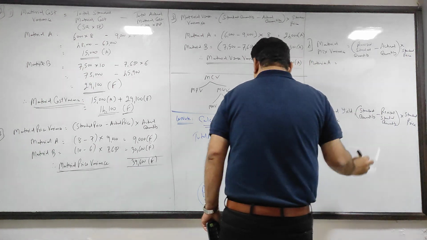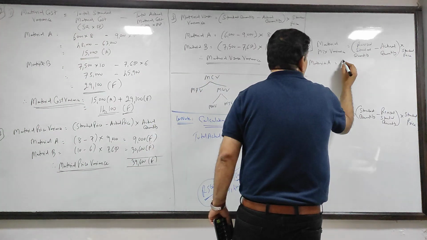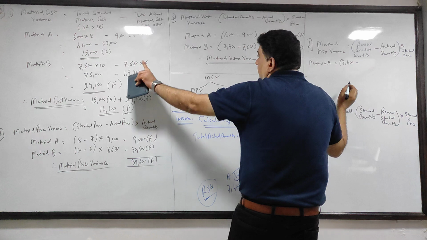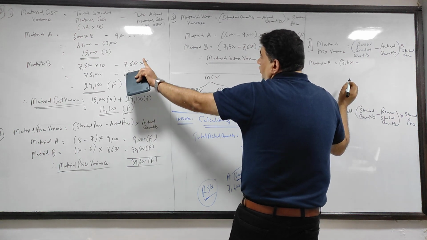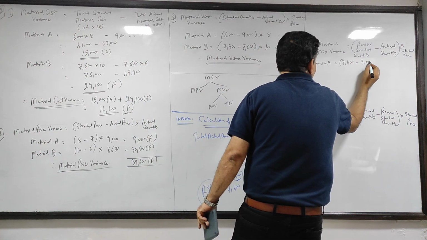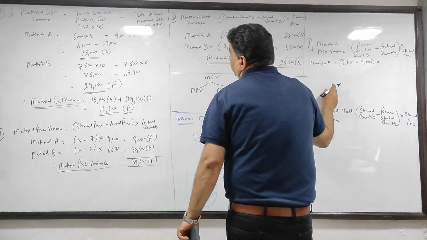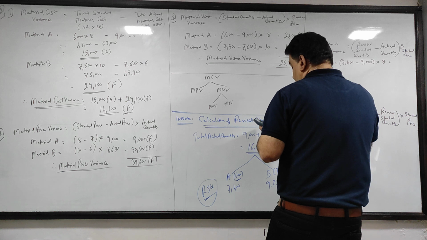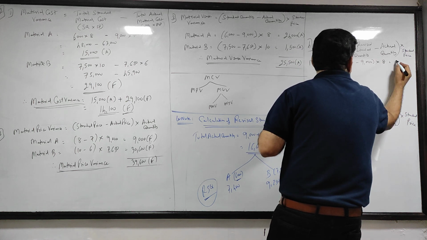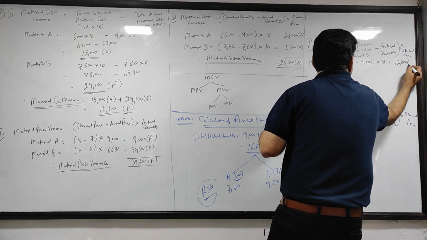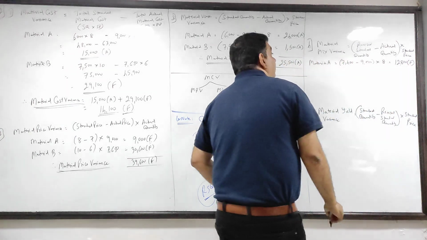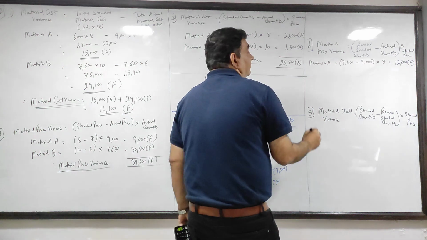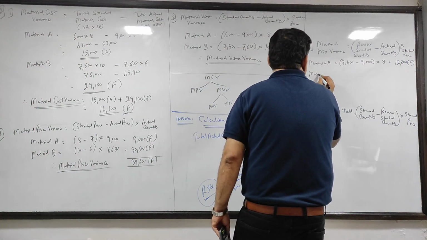Material A, RSQ, that is revised standard quantity 7,400 minus कितना है actual quantity 9,000 into standard price, that is 8. So 12,800 favorable. 12,800 favorable. Next,